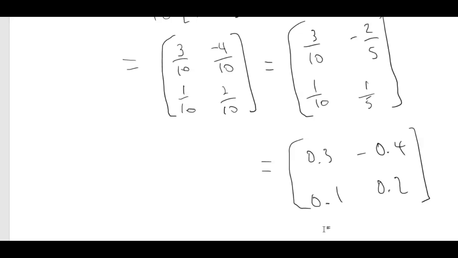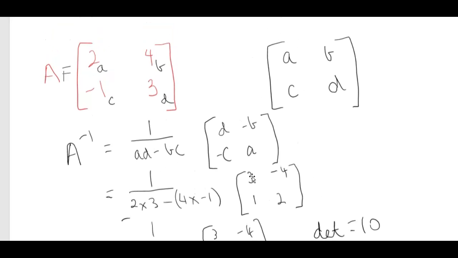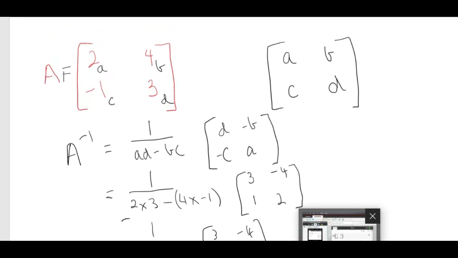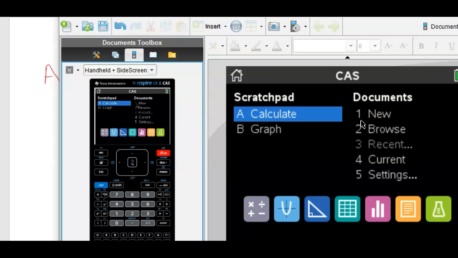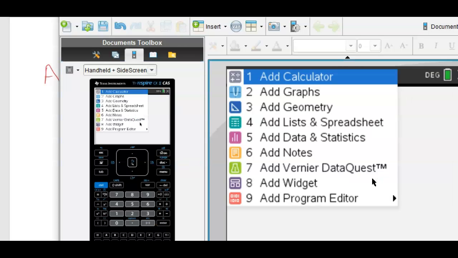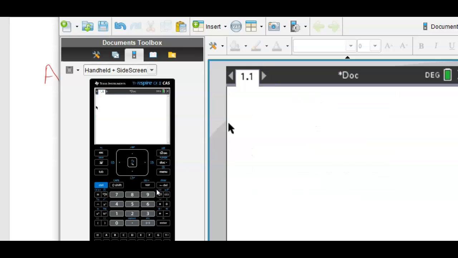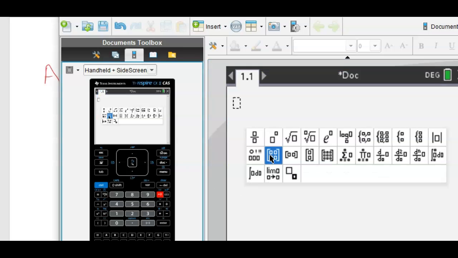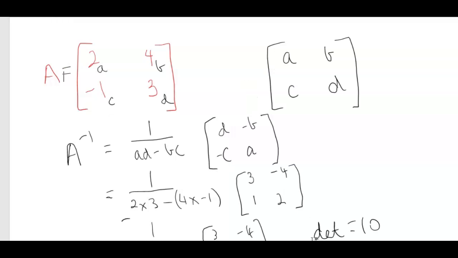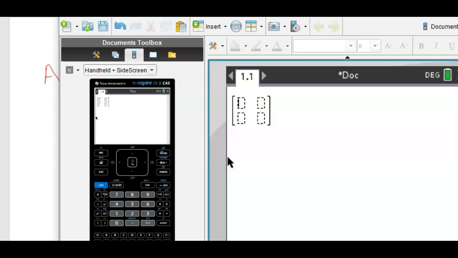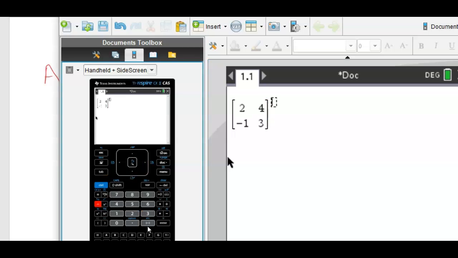All right, so I'm going to show you on the calculator. I'm just going to come up and get my original question. What was it? 2, 4, -1, 3. Let's start anew. Okay, so, and I've already forgotten it. So 2, 4, -1, 3. 2, 4, -1, 3. So you can take it to the power of -1,